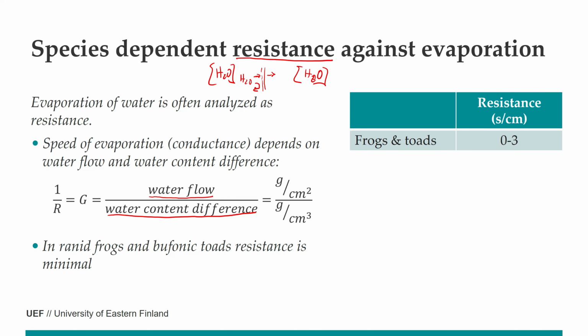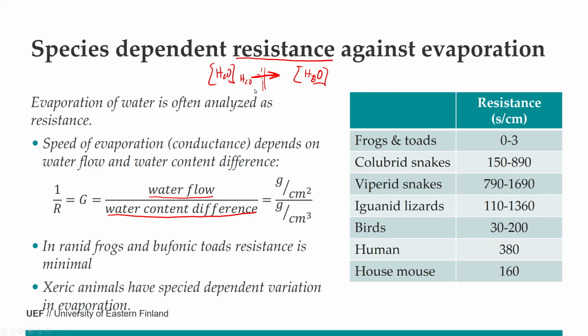And the interesting part is that the scale of the resistance is very odd, seconds per centimeters. And what we can see in the frogs and toads, the resistance is very minimal. So the water is passing through actually freely. And then in the xeric animals, they have much higher resistance, so water is not passing through. But you can see that it's very high